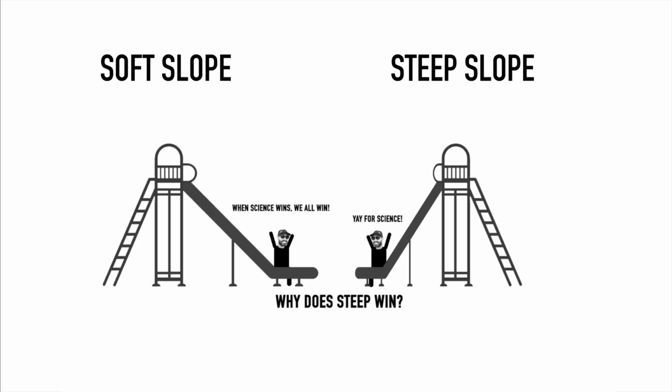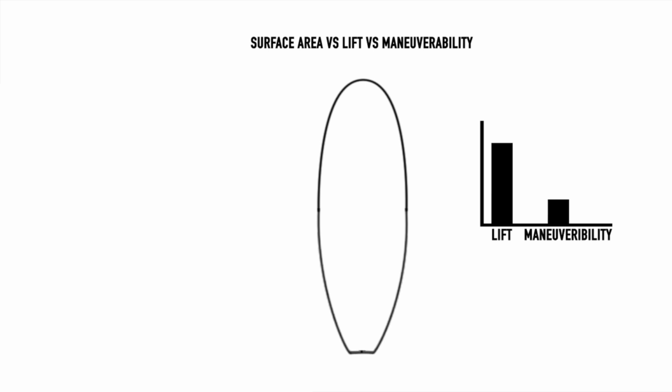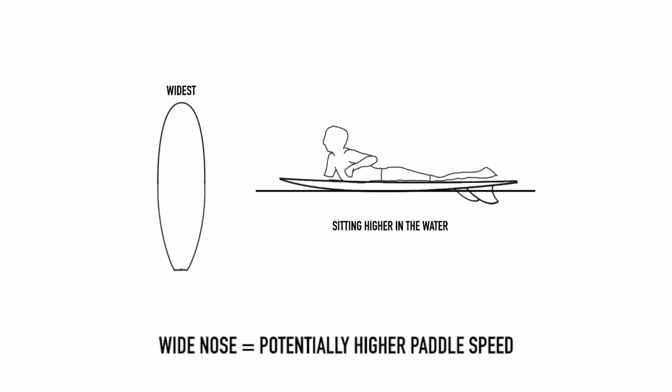In contrast, a surfboard that has a wide nose with lots of surfboard underneath the chest is able to provide more lift, making it less necessary to compensate using a steeper wave. Hence why longboards or specifically designed small wave boards with their wider noses and higher volumes can normally take off earlier on less steep sections of waves.